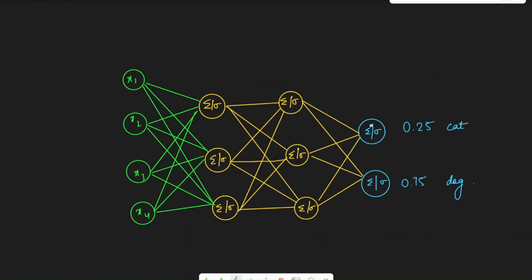Suppose that we were solving a problem where we had to categorize an image as cat or dog. In this case, we created this neural network, and at the end of it, we saw that the output from this neuron is 0.25 and output from this neuron is 0.75. 0.25 for a cat, 0.75 for a dog. Then we will classify the image as a dog. So this is how in all these layers, all of these neurons first sum the product of input with their weights and then apply an activation function on top of them to finally give us the answer.